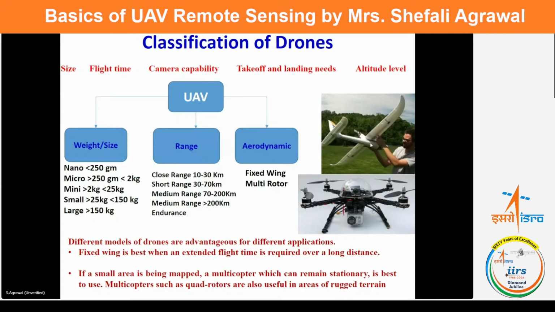So fixed wing is used best when you want to have a larger area coverage, and also when you are trying to fly in an area which is flat, where you have sufficient space for takeoff and landing. And that's why if you talk about large agriculture surveys or cadastral corridors, then fixed wing drones would have a very greater utility. The other way around, if you want to map a small area, and you want to map in an undulating terrain where there is difficulty to find a place for takeoff and landing,